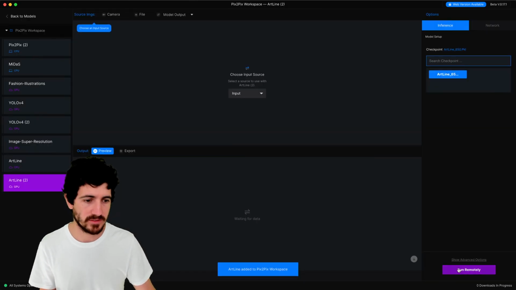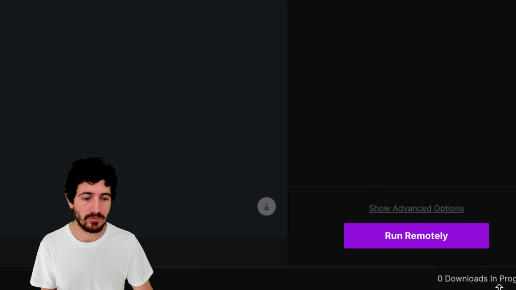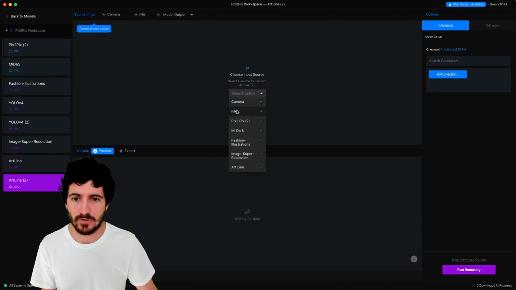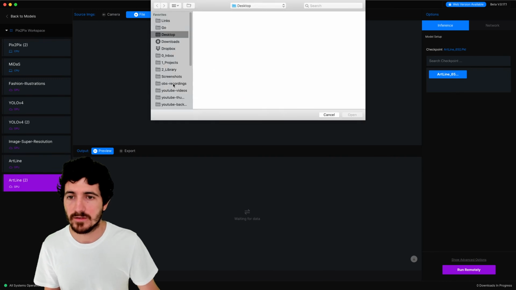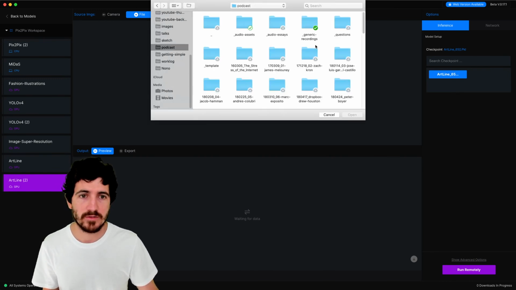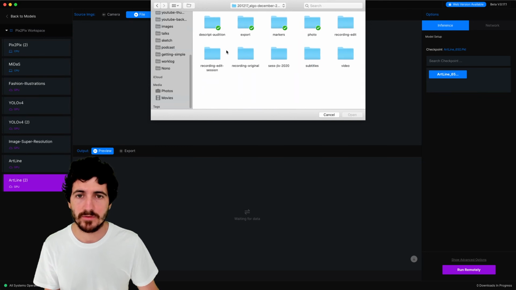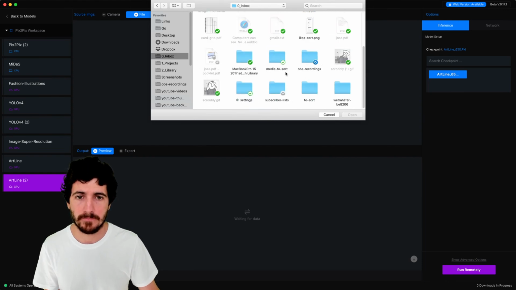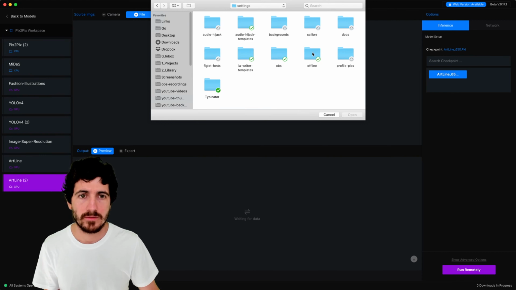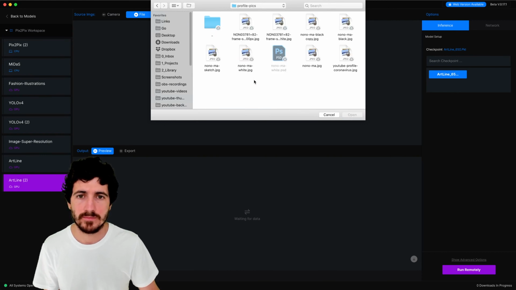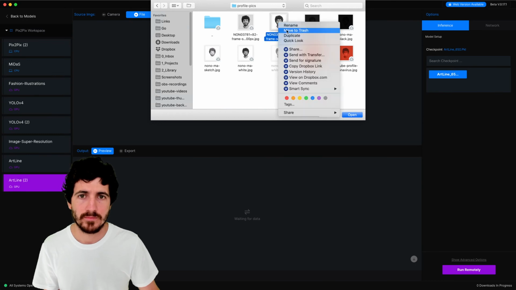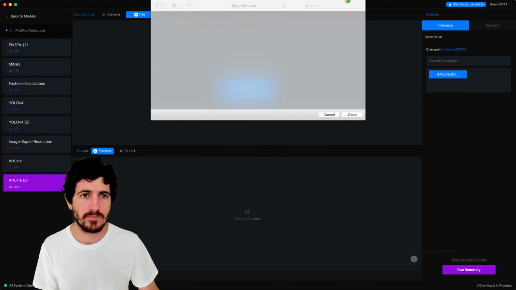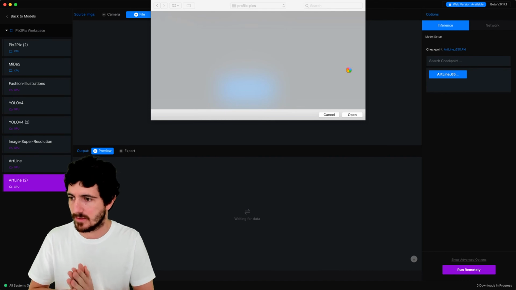If we go into this one, for instance, you can see here that we have the run remotely button. So maybe we can go ahead and select an input from file. So we'll open a file. Let's try to find an image, it's a portrait, or maybe just go in here. Right, we gotta wait until Dropbox